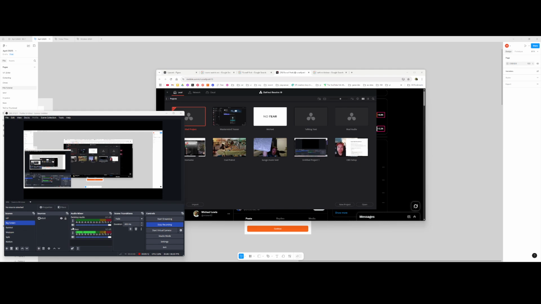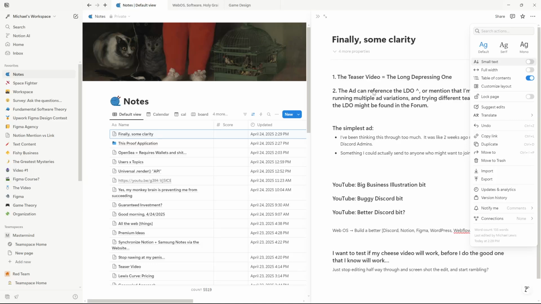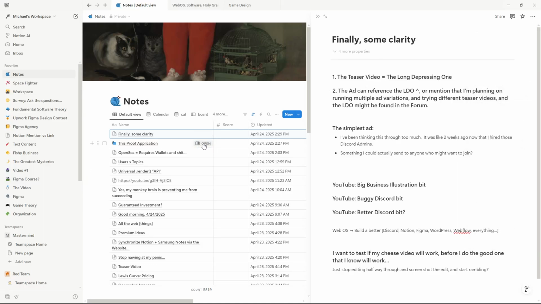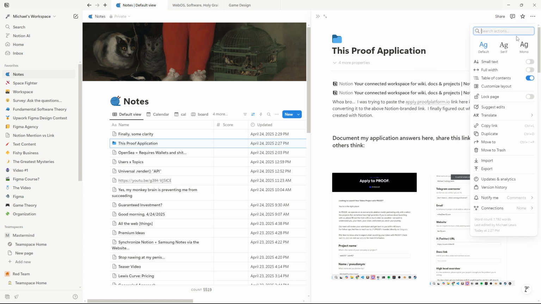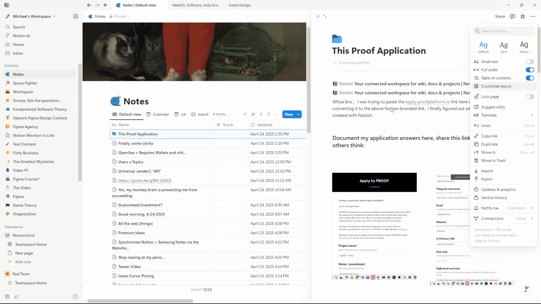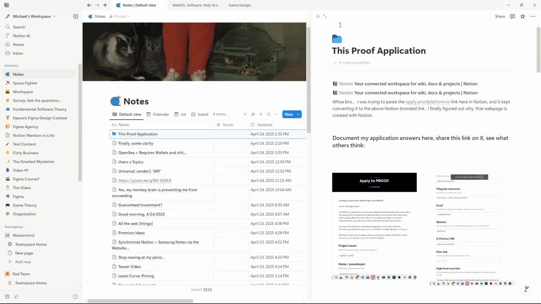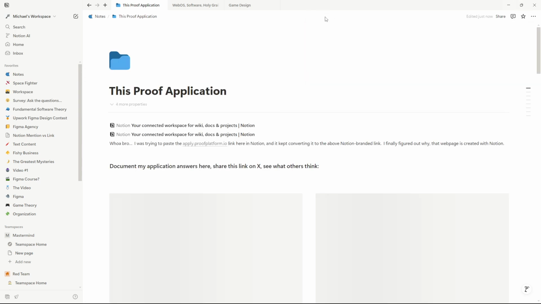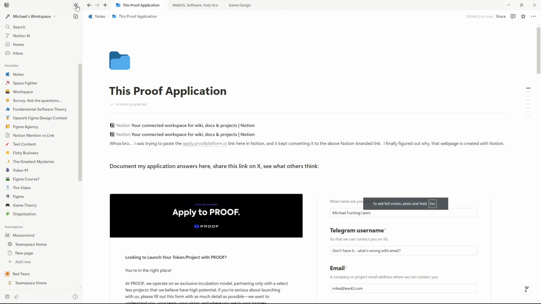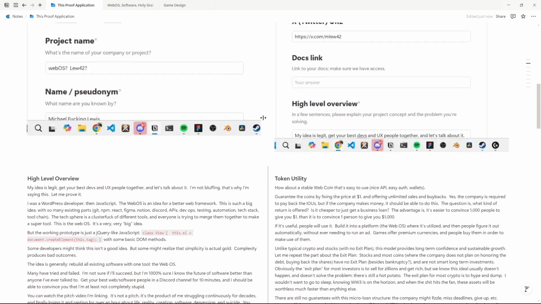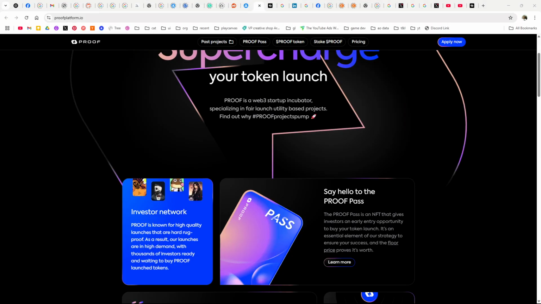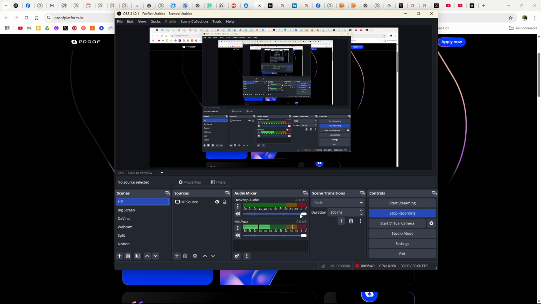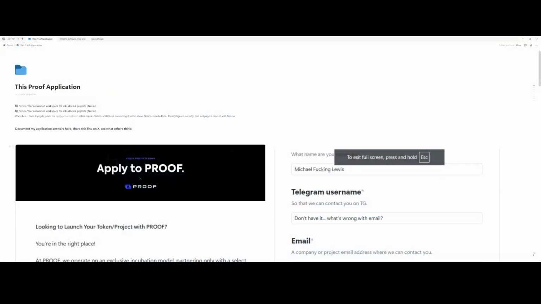Let's flip back over to the other monitor and then go over here to the actual page that I shared. Now it's in the settings, full width. It's kind of cool in a way that it makes the columns wider and doesn't shrink them as much. But here, let's switch this back over to the other monitor, and now I have to find OBS buried in the programs and switch back to this one.